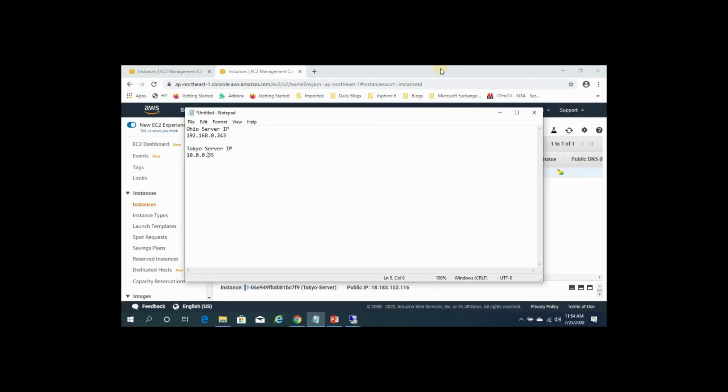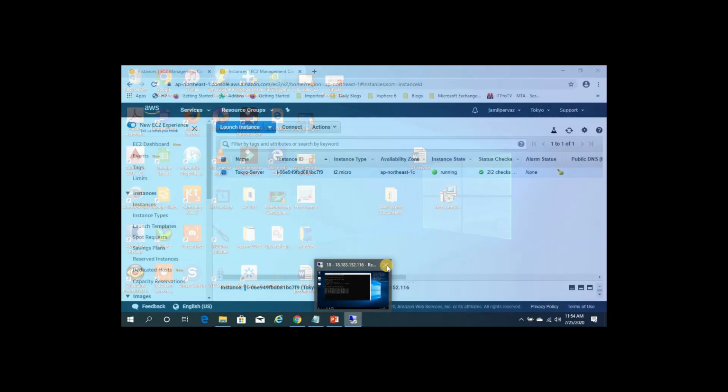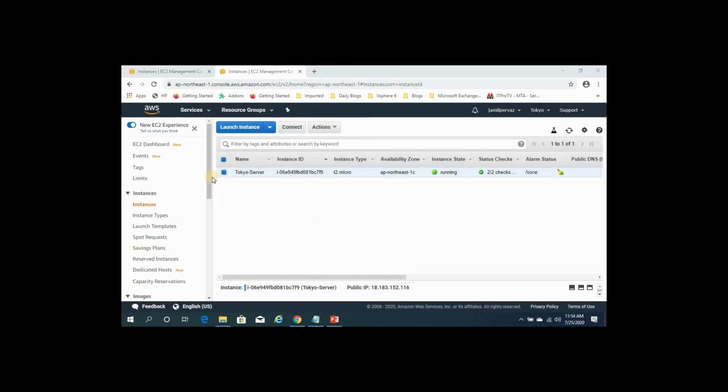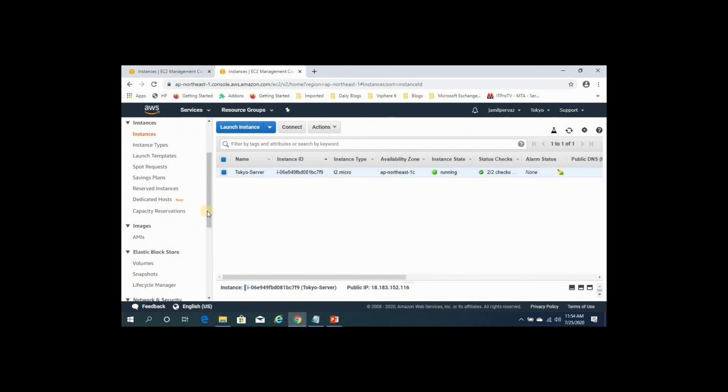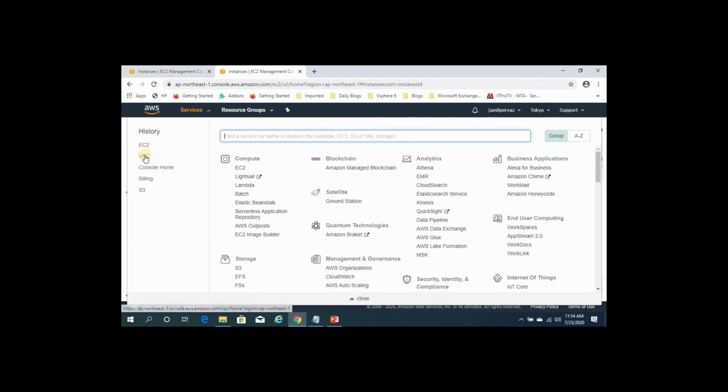So now we need to delete the instances and this configuration. So close these servers. Go to VPC.